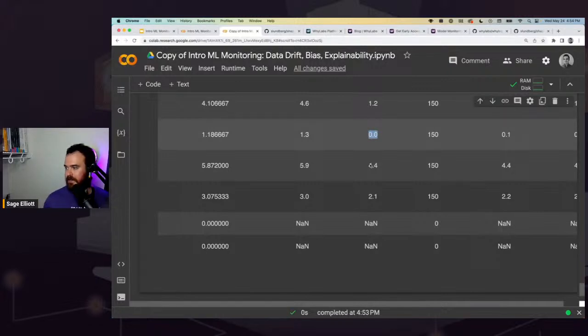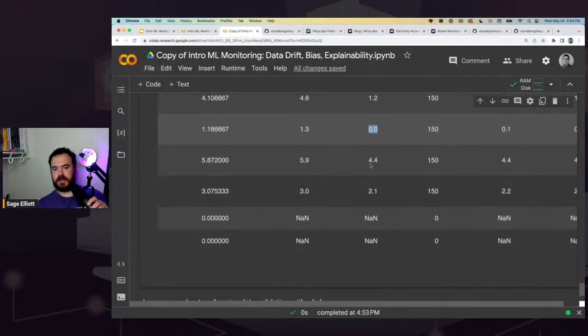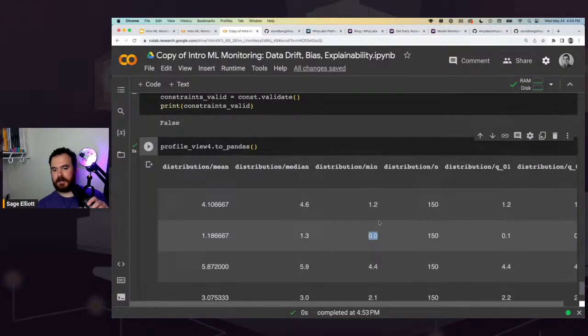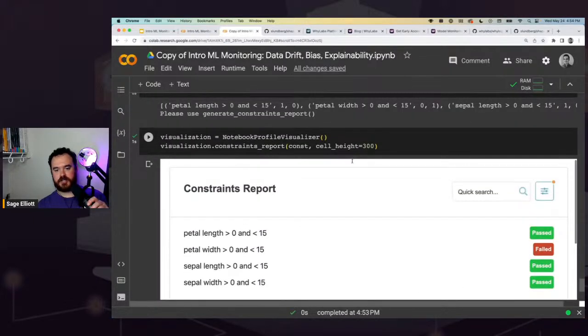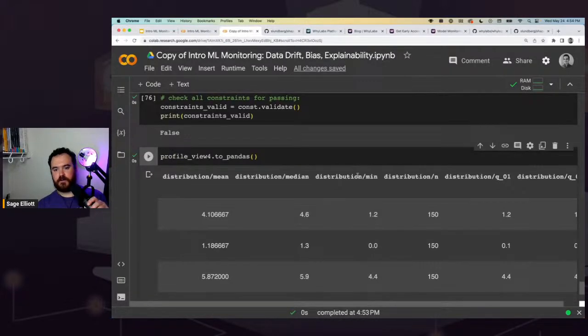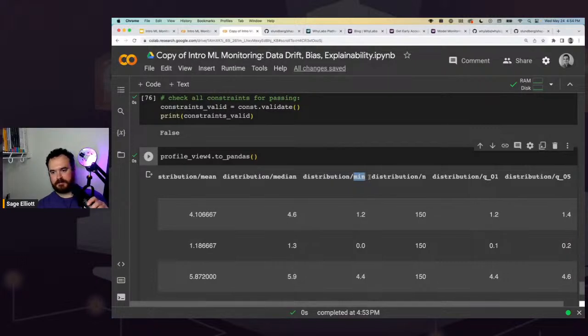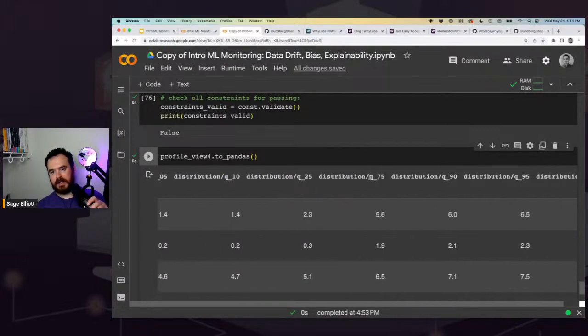Yeah, someone said that seems correct. That's why it failed. Yes, it was supposed to fail, and I'm just showing why that's the case and how we wrote that little lambda function in our check. Basically, if you look at this profile, you can see what type of metric you have, distribution, and then we were looking at x.min and max, but you could add any of these other ones.